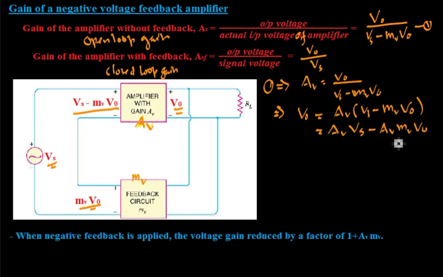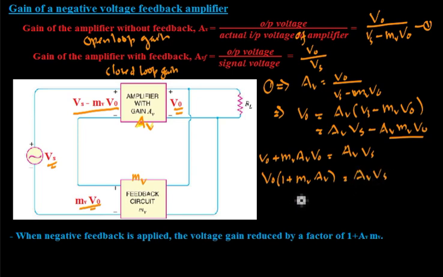If we take this term to the LHS, then we have V0 plus MV AV into V0 is equal to AV into Vs. Or take V0 as common factor, so it is V0 into 1 plus MV into AV, which is equal to AV into Vs, or V0 by Vs is equal to AV divided by 1 plus